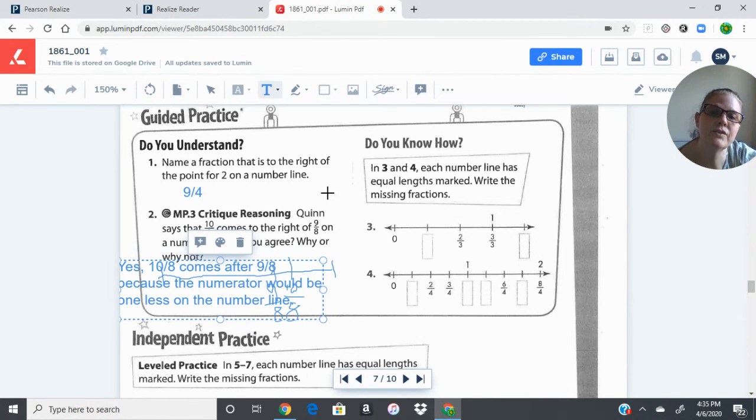All right, on to the next one. In numbers 3 and 4, each number line has equal lengths marked. Write the missing fractions. So we've got between 0 and 1 here. We see it's broken into 3 parts. So what would the first third be? Second third, third third. What would be the next one after that? So on our number line, we would want to write down